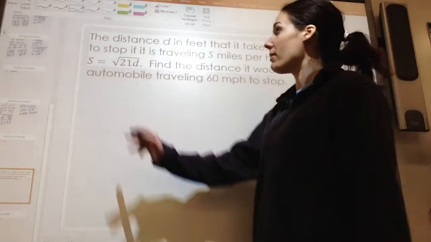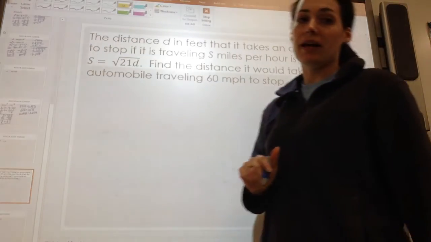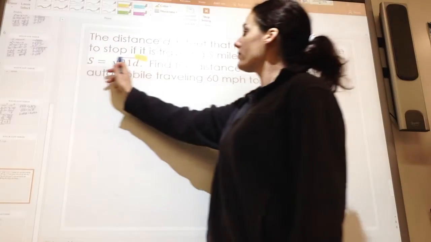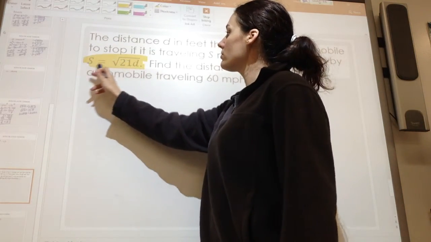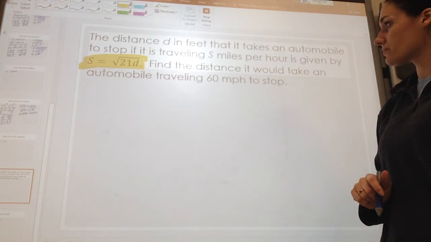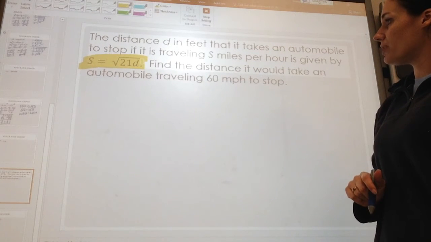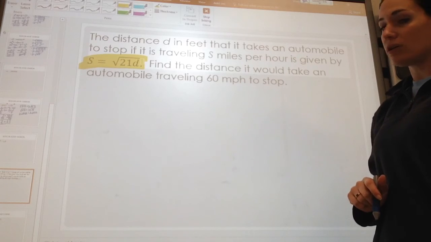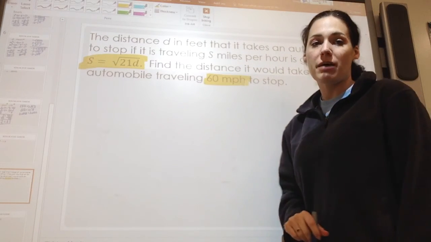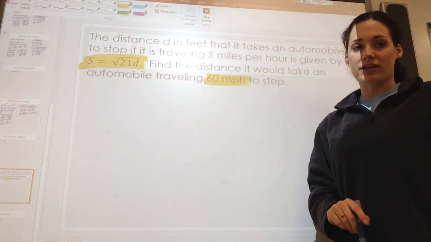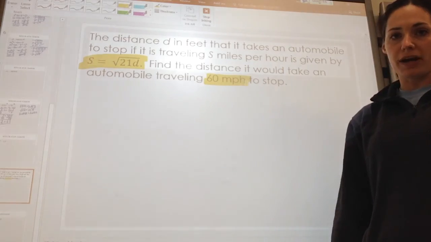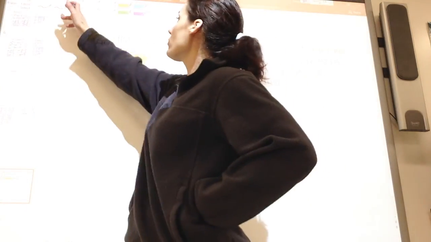And this is a true thing, by the way. This is not made up. This is real. So you need to know that you have a formula. So you're going to need to write that in your notes. s equals the square root of 21d. That's important. And you need to know that the automobile or the car is traveling 60 miles per hour. Our job is to figure out how long is it going to take that car to stop if they keep going 60 miles per hour and then slam on their brakes. So I'm going to copy